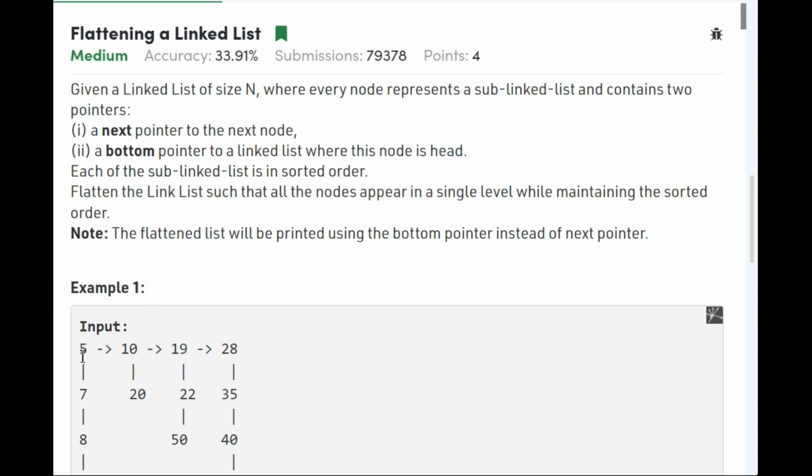So we are given a linked list in which every node is the head of a sublinked list